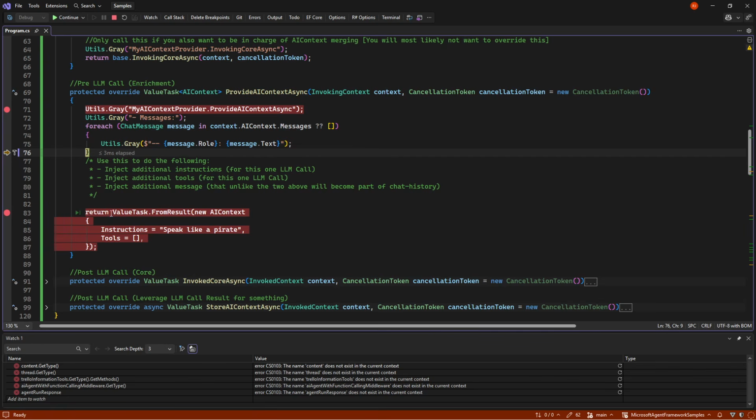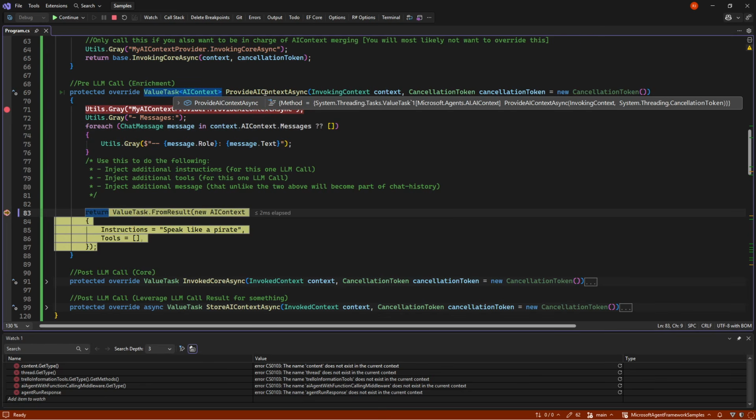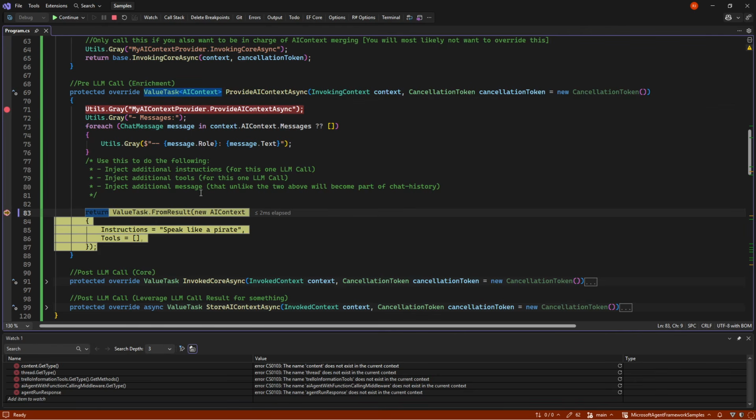So in my case, I'm injecting some new instructions. That is speak like a pirate. And that's what I'm sending back from provide AI context. So the AI context I'm providing is speak like a pirate.